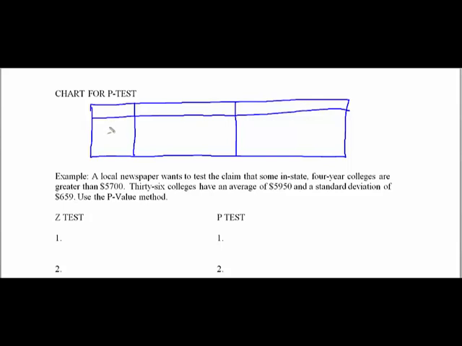And this is going to be the top of our table right here. This is going to be the number of tails we have. All right, and you can obviously have one or two tails. It doesn't matter whether it's right or left, but if you have one tail versus two tails,